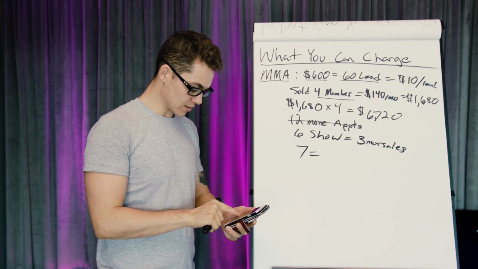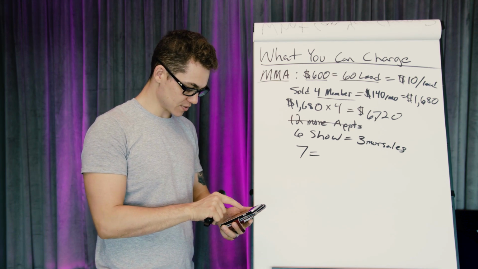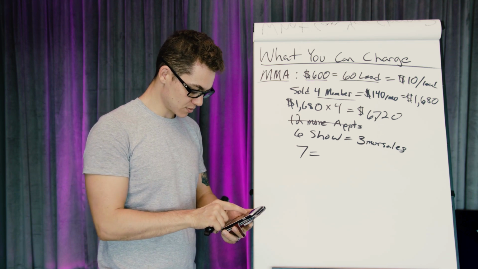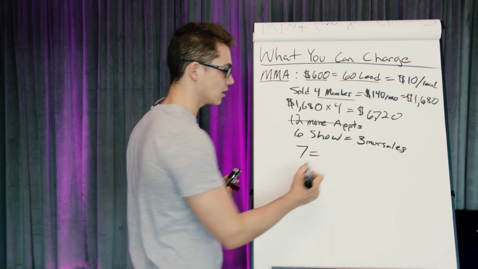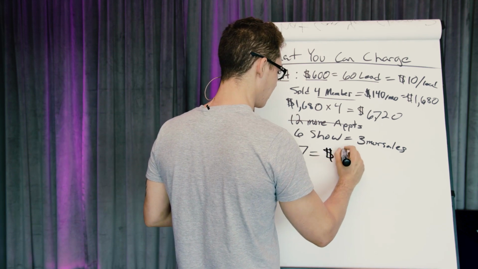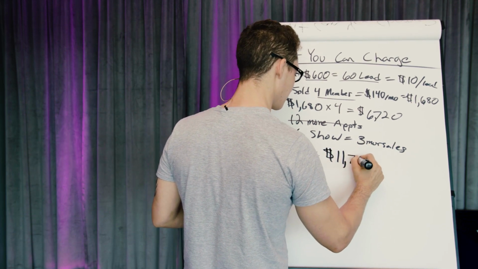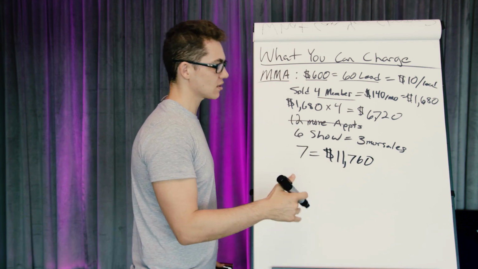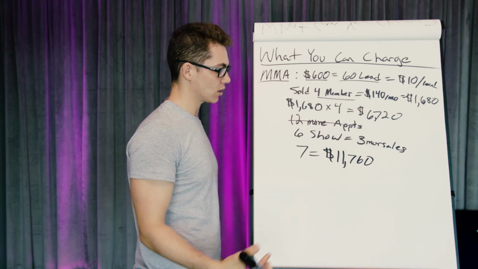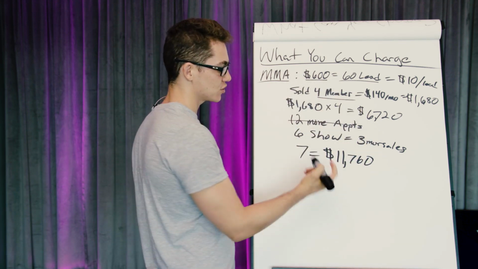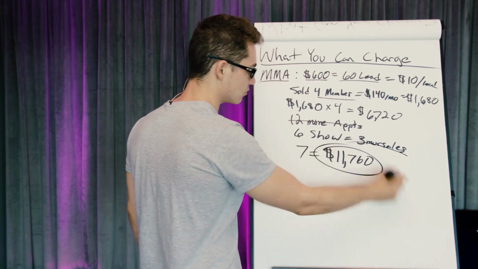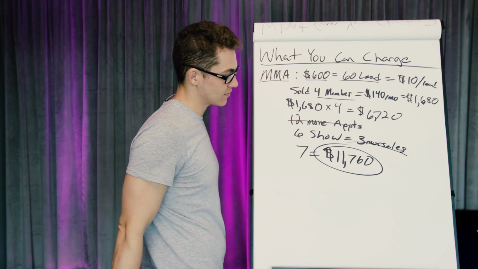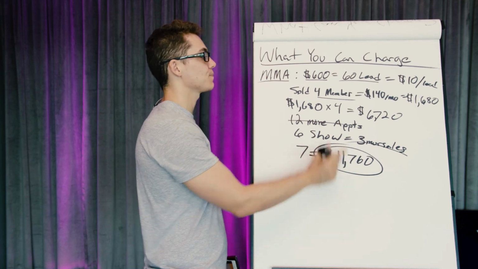So 140 times 12 equals 1680 times 7 equals, realistically, $11,760, because I do know based on how they were closing and how many people were showing before, they should get at least 3 more sales, which brings that to at least $11,760 in revenue for my client, and we only spent